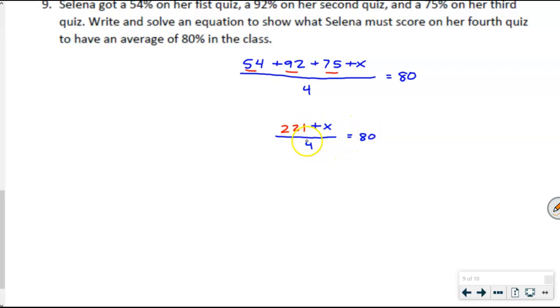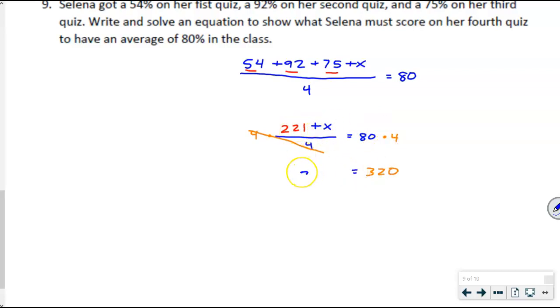I need to undo dividing by 4. Berkeley? Yeah, and what happens when I multiply this side by 4? Yeah, zeroes out, but I have to balance it. What happens when I multiply this side by 4? What do I get? Good job. 320, which is equal to, and balanced with,